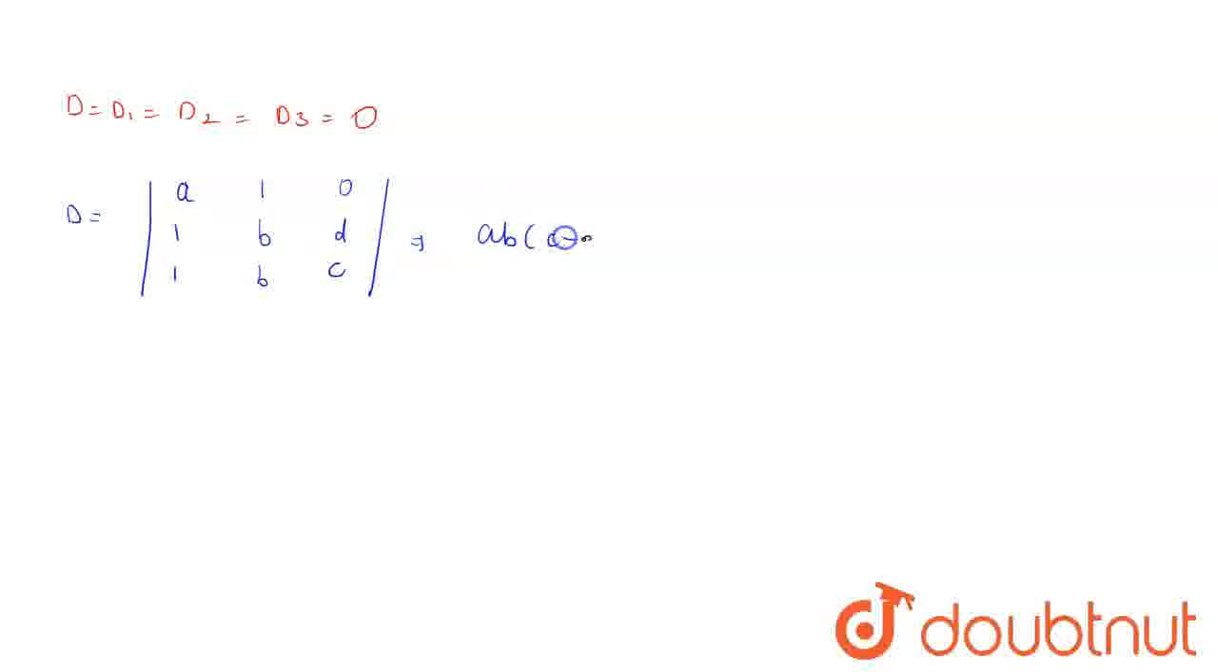AB into C minus D minus 1 into C minus D equals 0. So we will take the common factor on the other side: AB minus 1 and C minus D equals 0. So we can write it as AB equals 1 and C equals D. These are the possibilities. Now we will find the value of D1 and we will replace the X elements with